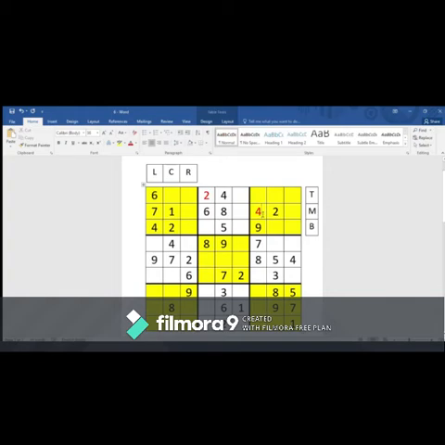Oh, sorry, I forgot to tell you the terms in this game, right? As you can see, T, M, B. These are the terms that I use. T is for the top row, M is for the middle row, and B is for the bottom row. We use these T, M and B in all three continuous rows, and you can see L, C, R, that is left, center, and right. This will also be used in all the columns.